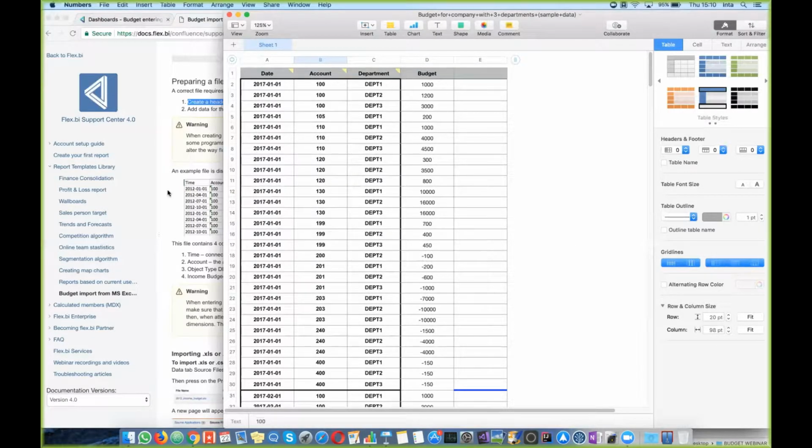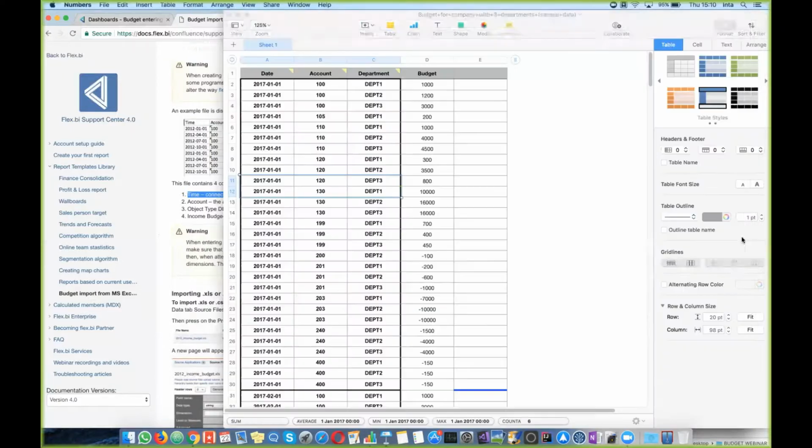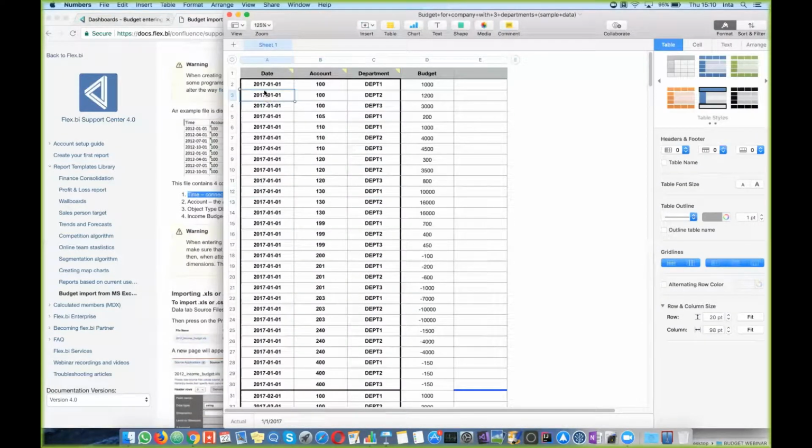And after you have this file, here in the documentation you can also find some tips about what to put where, and how to use, for example, the date format, that it should be in this format, not in some others, because that's how flex.bi will understand it the right way. For example, if you have filled all those places and there's no more room left, and you have, for example, a new account